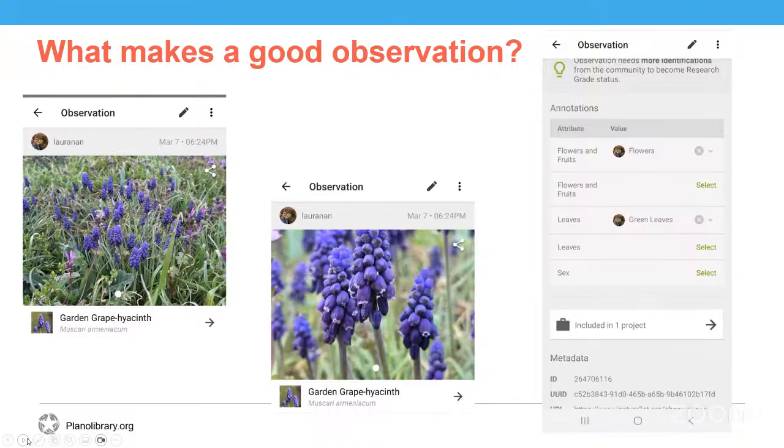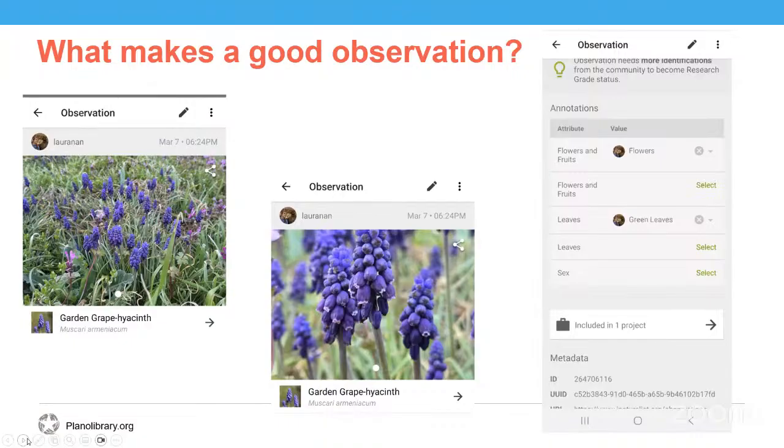So for a plant observation, which you can see on the screen here, you'll want to take photos from multiple angles and try to get pictures of all parts of the plant, including flowers, needles or leaves, leaf arrangement, bark, and seed pods. So any element of the plant, try and get a good picture of it. Also include a photo of the entire plant that shows its general shape and growth pattern. I like to start with a zoomed out photo and then start taking detailed pictures.